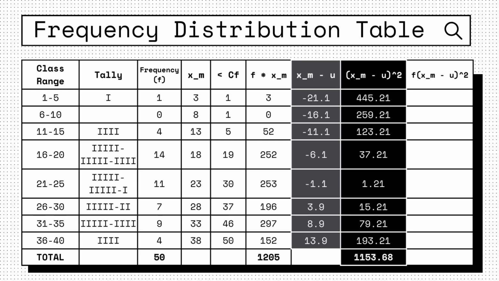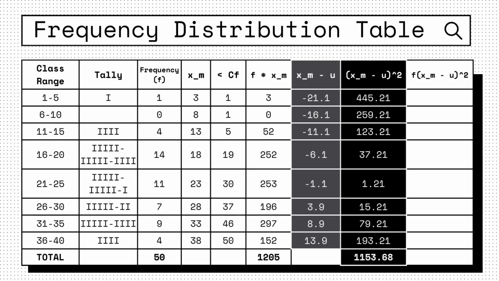For the second one, it's negative 16.1 squared, which is equal to 259.21. For the third one, we have negative 11.1 squared, which is equal to